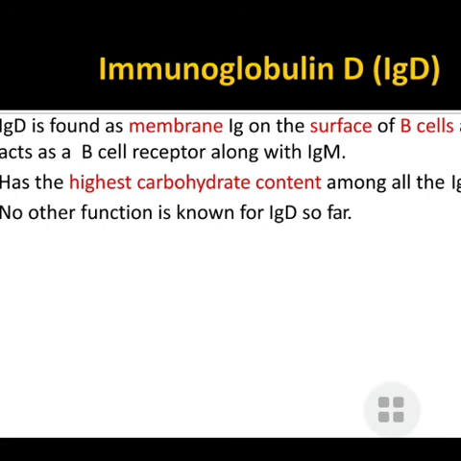So the next antibody to be discussed here is IgD antibody, that is immunoglobulin D, which is found as membrane Ig on the surface of B cells. It functions as a B cell antigen receptor and may participate in B cell maturation. It helps in the maintenance, activation and silencing process. Although the exact function is still unclear, this IgD antibody may be involved in the humoral immune responses by regulating B cell activation and homeostasis.